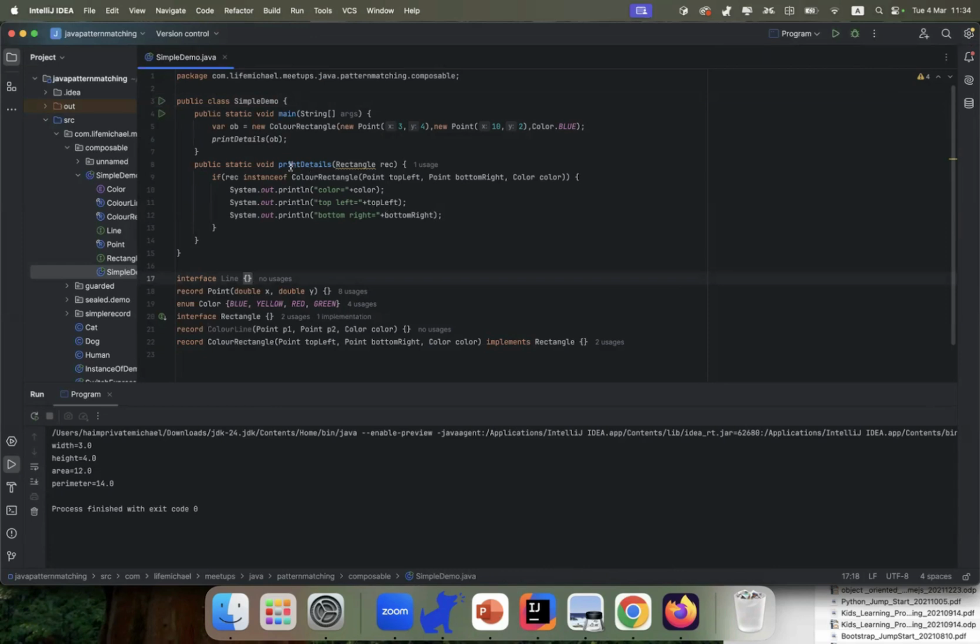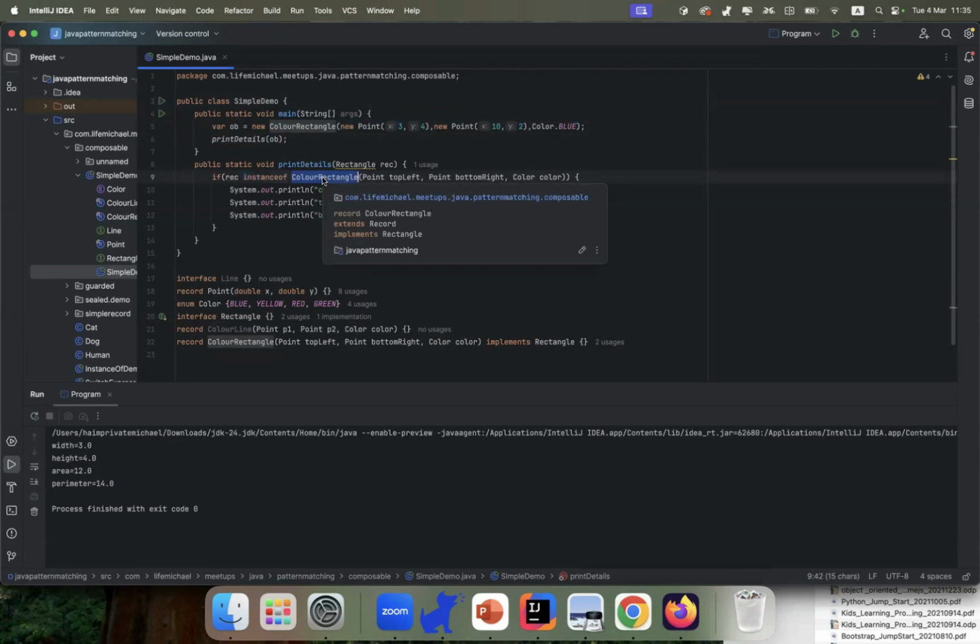Okay. So you can see that when running this code, we instantiate ColorRectangle, and then we pass over the reference for that new object to printDetails. Now, printDetails uses instanceof for verifying that the object is indeed a ColorRectangle object.